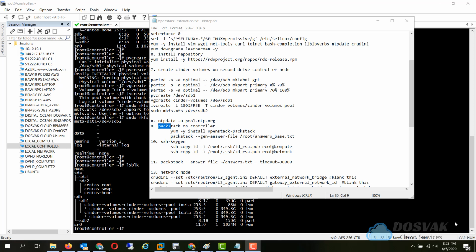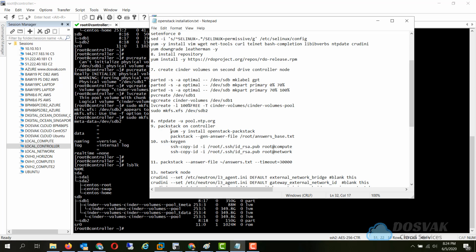Hello friends, in this session we'll be taking a look at the actual creation of the response file. This is the most important single step in the entire installation process. If you have your answer file or the response file correct, the installation will go smooth, and even after the installation the validation steps are dependent on what you have provided in the answer file or the response file.